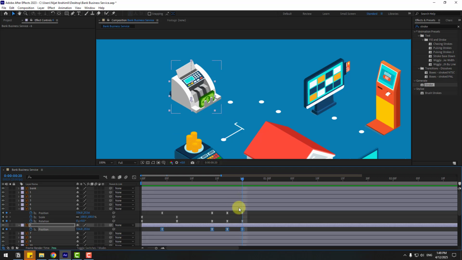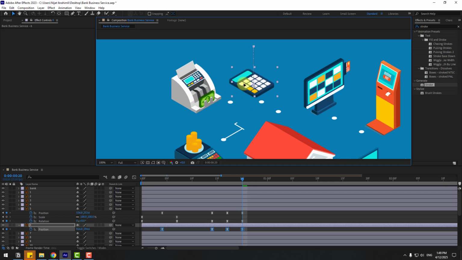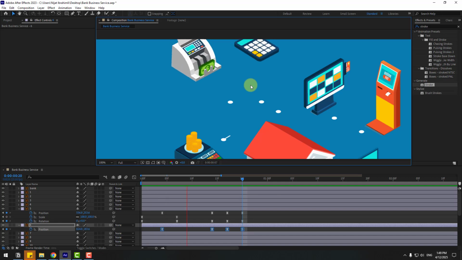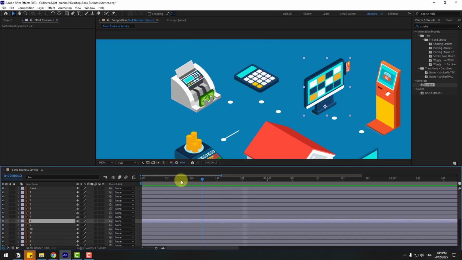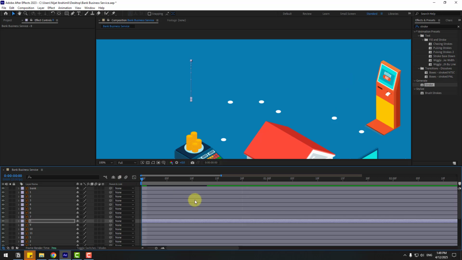Let's see. Select this layer 6, press P, select the position keyframes and go to the last position keyframe. This is a very important part. Go to the last position keyframe and move to here and preview the animation. Nice. Select this layer 8, go to the first second, Ctrl V to paste all of the keyframes, and press P,